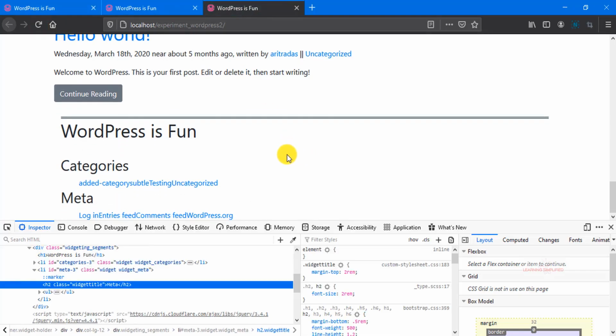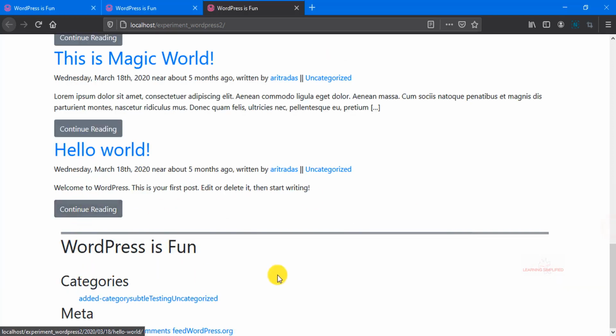Let's put in a little bit of spacing here, so we can see that all those individual list elements are practically having a float left alignment. Everything comes in a left horizontal alignment right over here, but the main list elements like these categories or this meta now remain vertical in a block position.